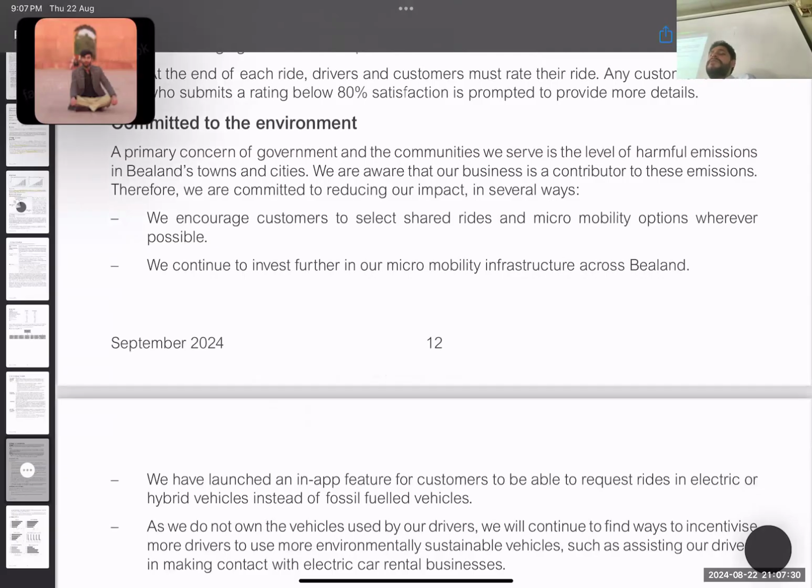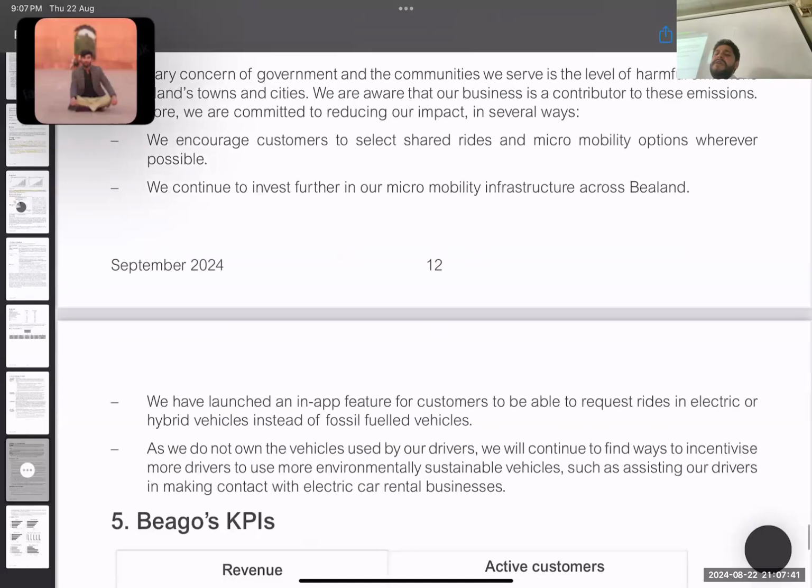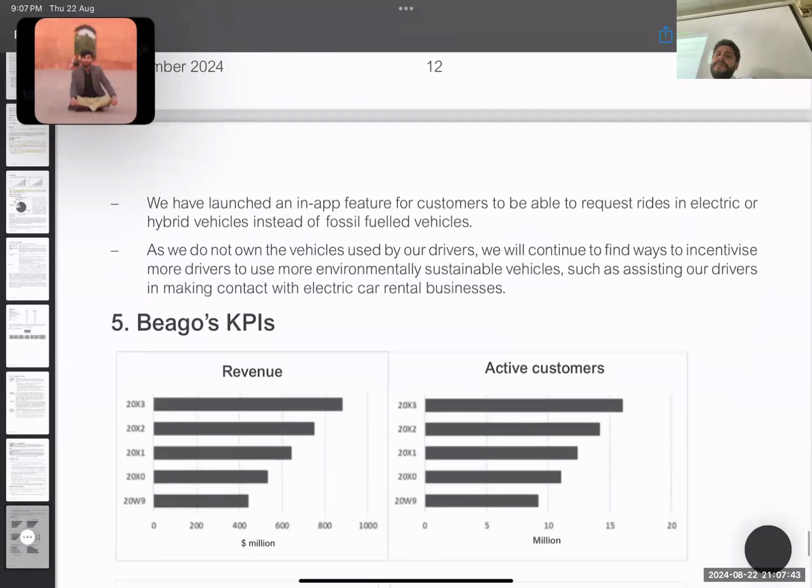Therefore, we are committed to reducing our impact in several ways. We encourage customers to select shared rides and micro-mobility options wherever possible. We continue to invest further in our micro-mobility infrastructure across the region. We have launched an in-app feature for customers to request a ride in an electric or hybrid vehicle